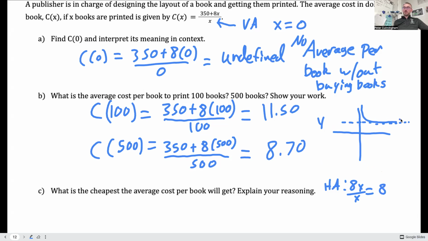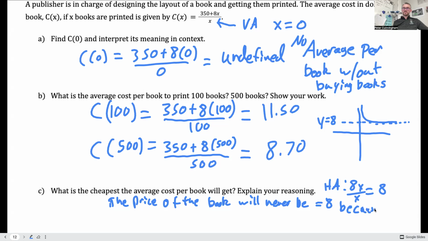Okay, so just knowing that you would have an asymptote at 8, what does that asymptote mean? It means that no matter what, the price of the book will never be equal to $8